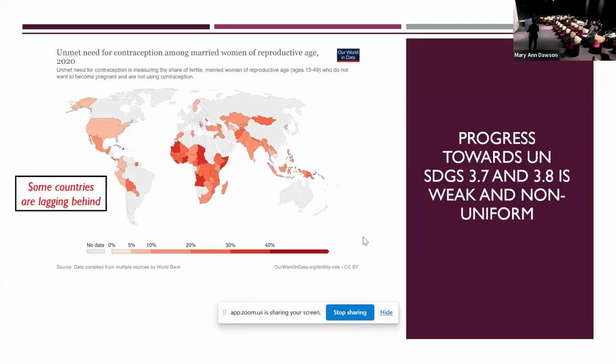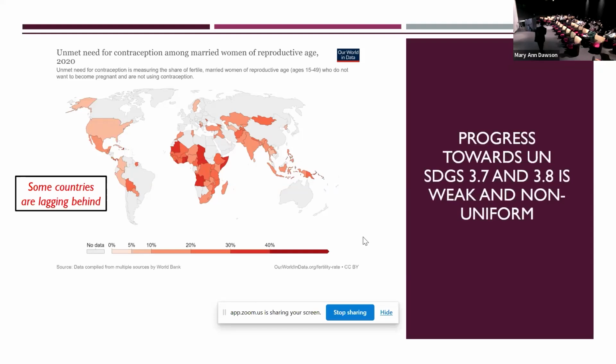Okay, so the way they set these SDGs is they have a year target. By 2030 or 2035, they want to achieve certain goals, and that is the reason for setting some of these metrics. So what you see here is how countries are performing in terms of meeting those goals. There is a wide variation. The lighter the color, the closer they are to the goal, and the darker the color, the farther away they are from the goal.